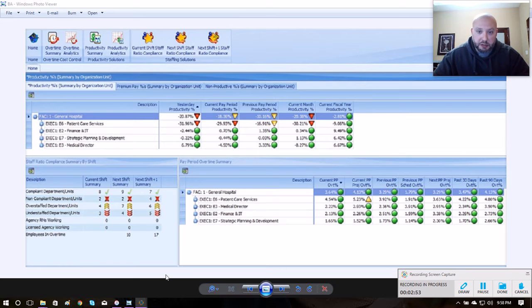Looking at these all together, we've got high overtime. Is that leading to being staffed appropriately or not appropriately, and so on and so forth. So this is a very interesting topic for me, but I also think it's easier to explain if you've got something to look at. So that's what I had for my